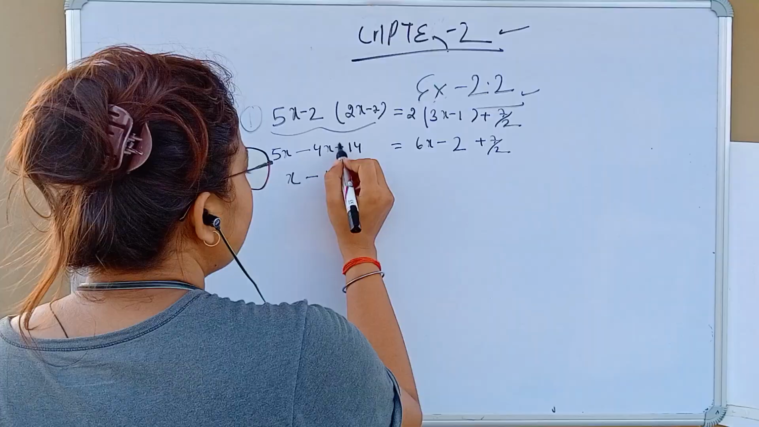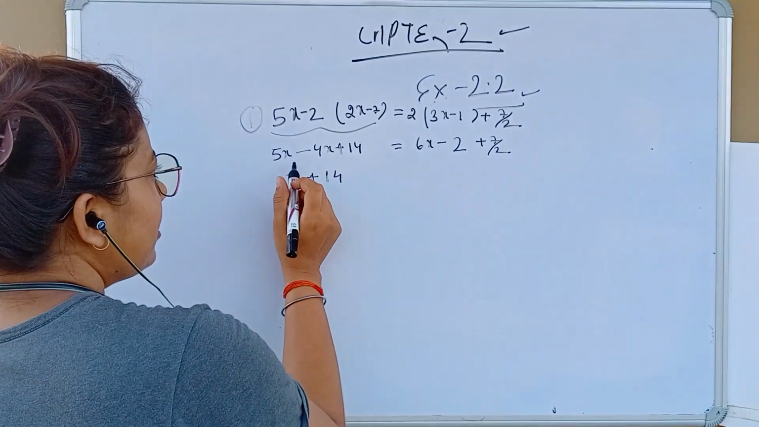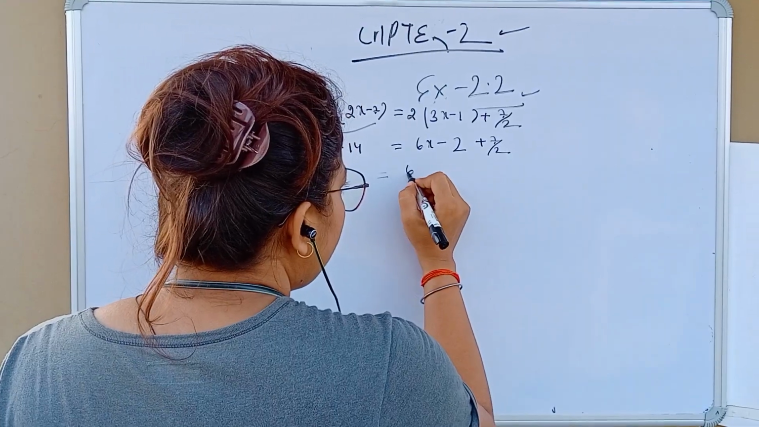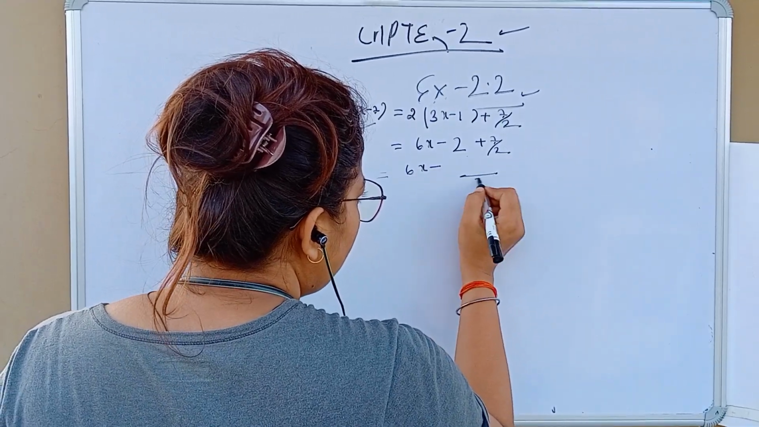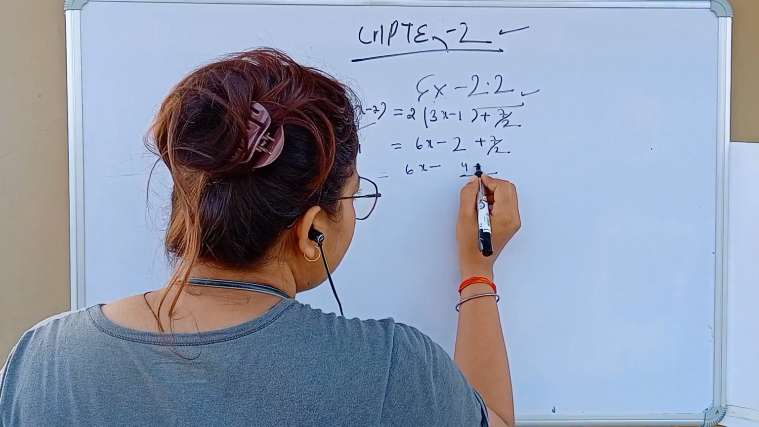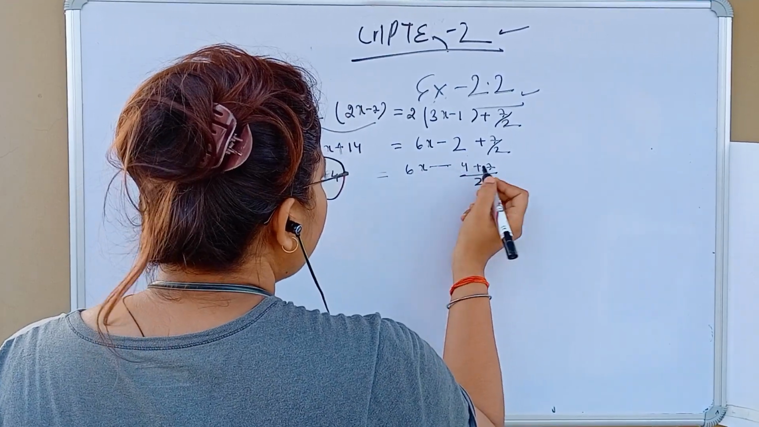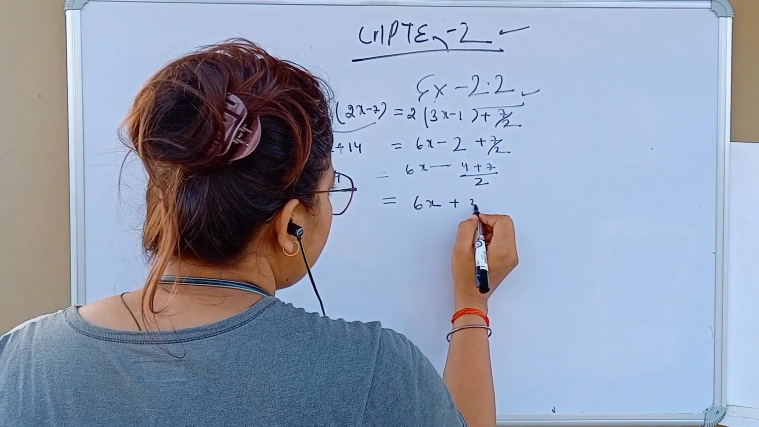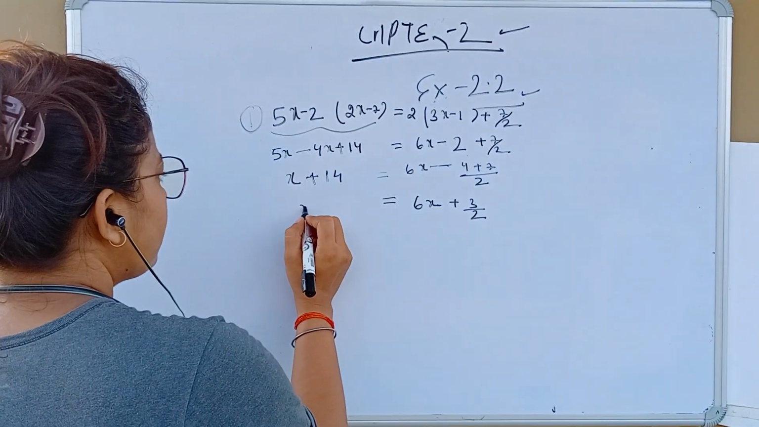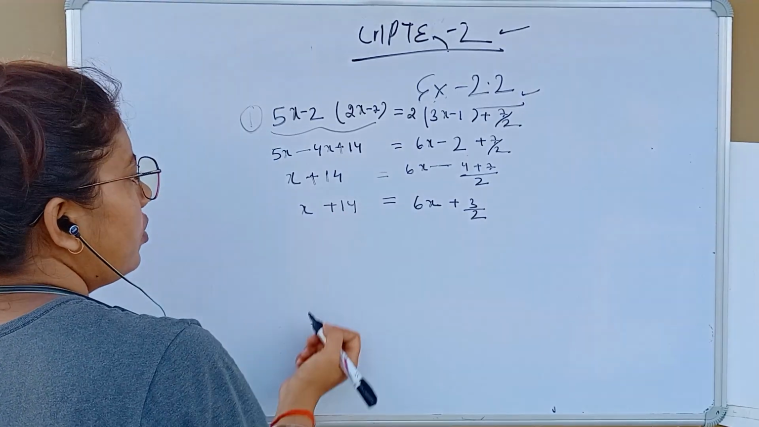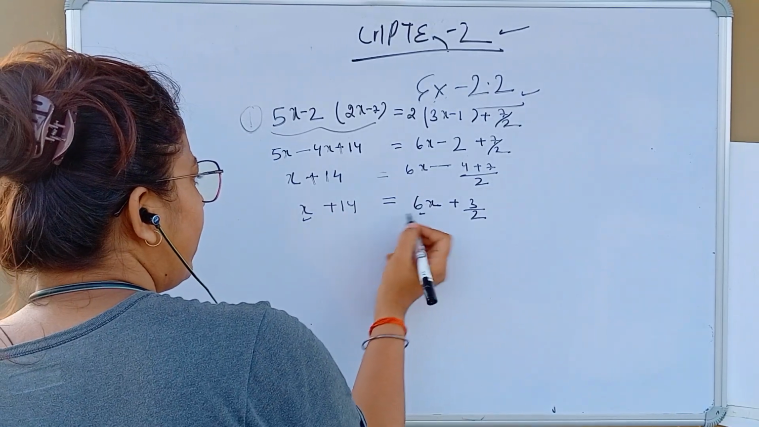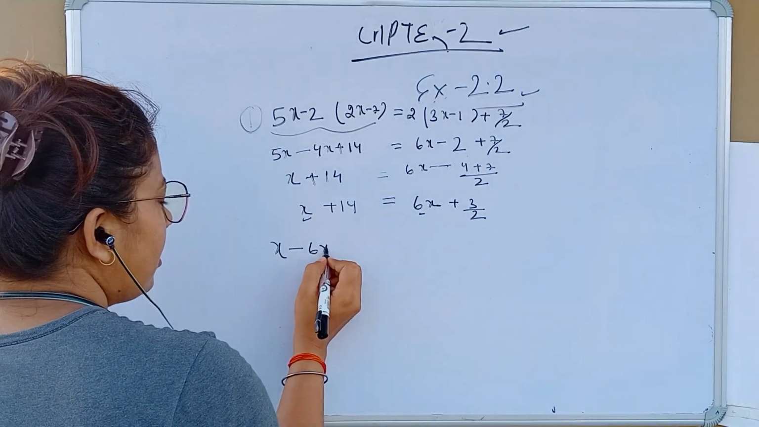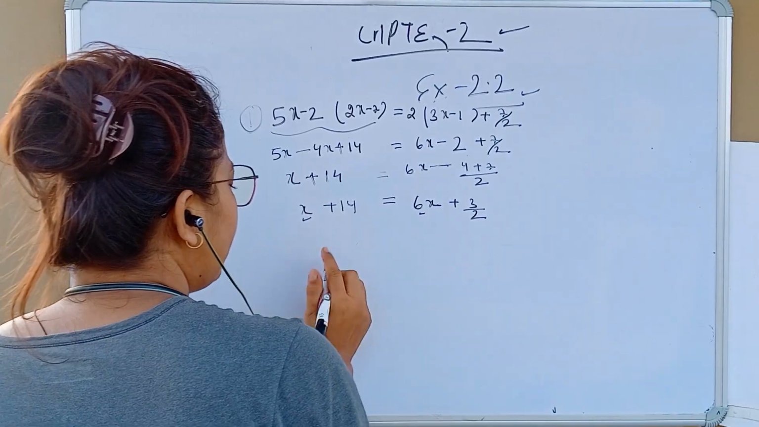Minus minus plus, so plus 14. Okay, minus 5x minus 14. So here we retain 6x minus, LCM is 2. Here 4 plus 7 minus 4 plus 7. So 6x plus 3 divided by 2. Here x plus 14. So what we retain? X, that is variable portion x and 6x. So x minus 6x, or we can write 14 minus 3 by 2